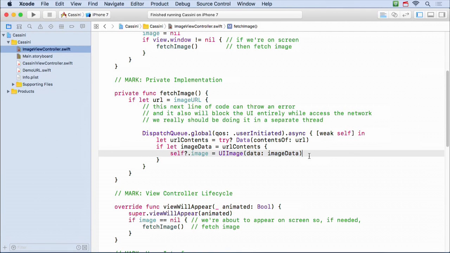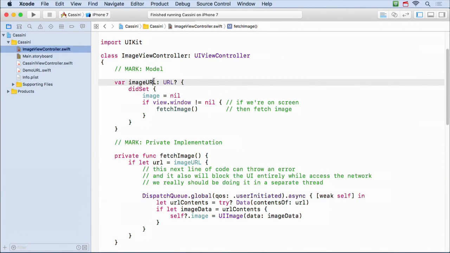Okay, so we fixed that problem, but there's still more problems in here. What happens if this takes a minute or 10 minutes because of a slow network or whatever, and in the meantime, someone called this on my image view controller? Now, our Cassini can't do that, but you could imagine an app that shows something in the image view controller, and then you click on something in it, and it shows a different URL.